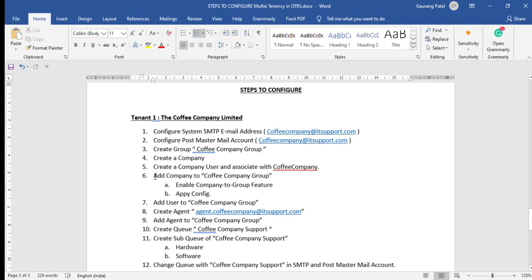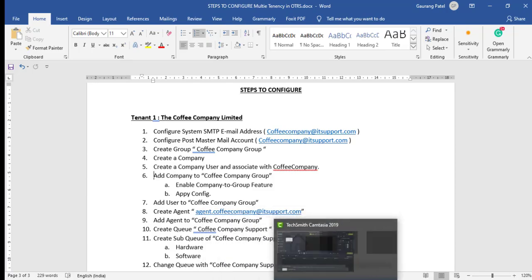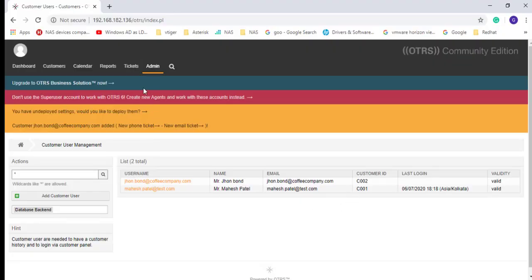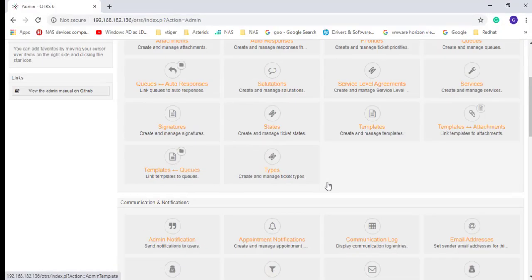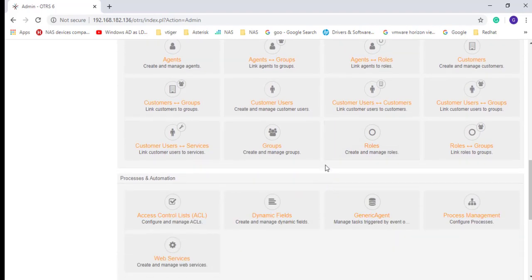Now in step number 6, add company to coffee company group, right? So let's go ahead and associate a company to a specific group. So we are done with the group.